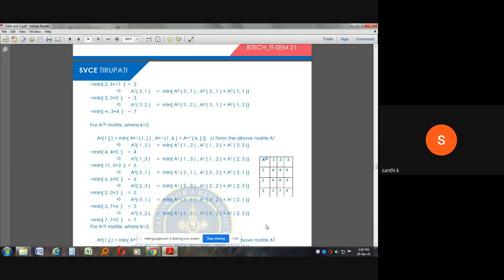Now, 0 or 1 knapsack and all pairs shortest path. If we explain on the board it will be clear; explaining like this in the PPT is somewhat confusing. So I will forward this material to you. Please go through that. That problem has been solved there. Go through those steps, and if you still have any doubts, you can ask me.